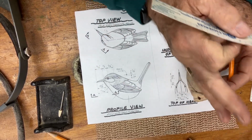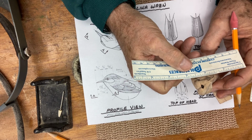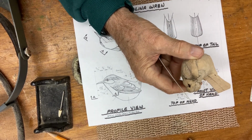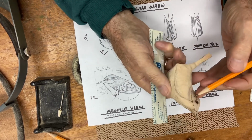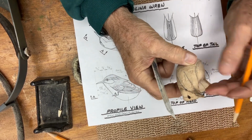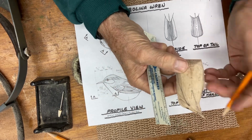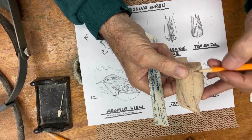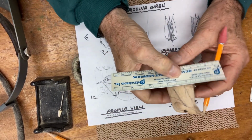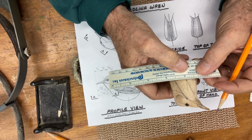If I look straight down the center line of the beak, they should be almost 3/8 from the center out where it touches the cheeks. It's just a guide to get you there. We're trying to establish this wing, and that's one thing I want to start with. The measurements get a little tricky, but here's what I'm going to try to do. You have this center line of the head coming down, touching the center line of the belly on the underneath side. I'm going to ask you to lay your ruler where they intersect, right on that spot right there, and come over